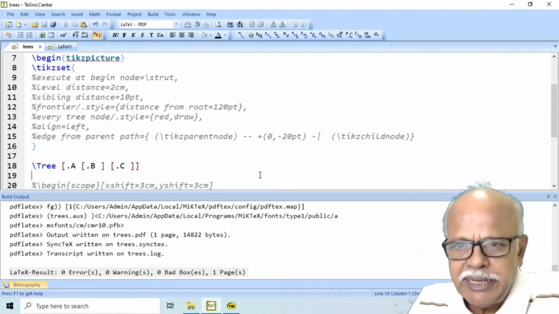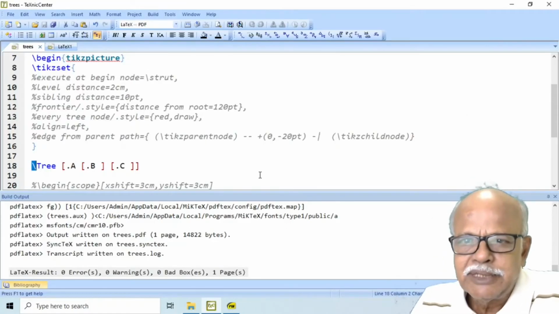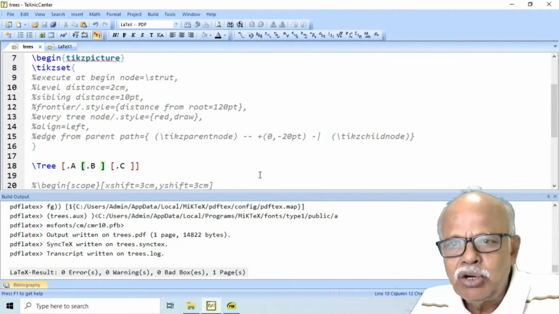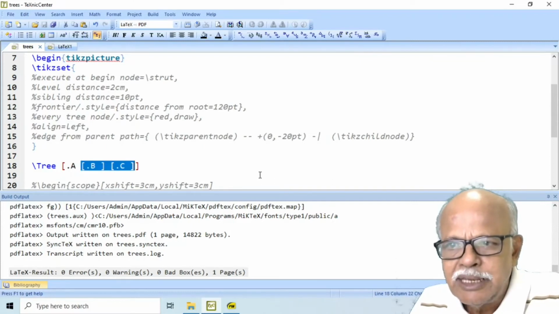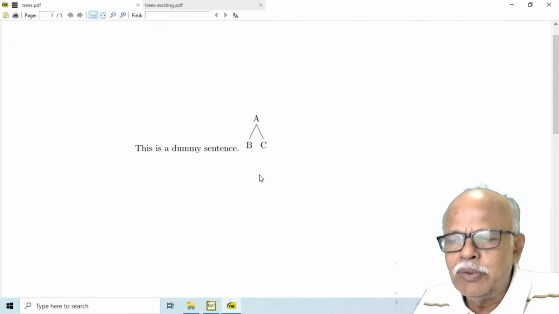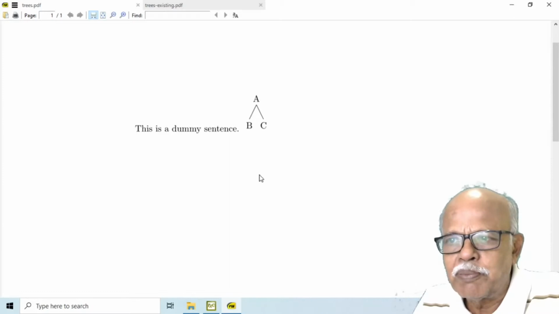A tree is typed like this: slash capital T R E E, square bracket open, dot A. It has got two siblings B and C. On compilation, you will get this as the output.